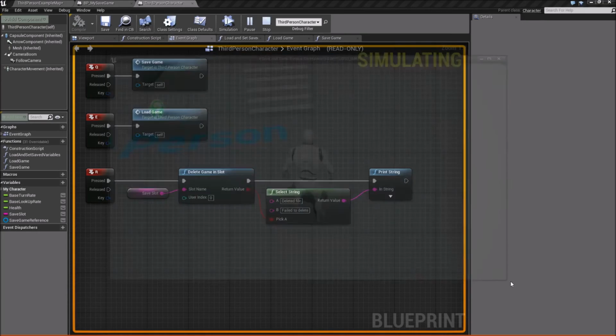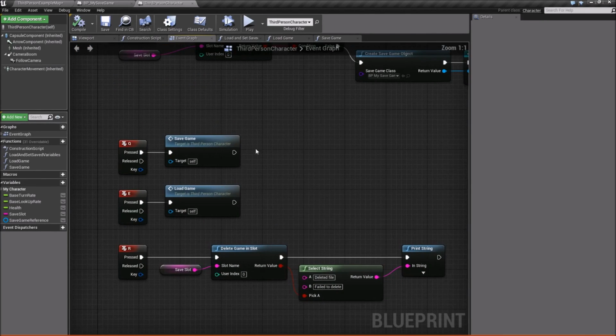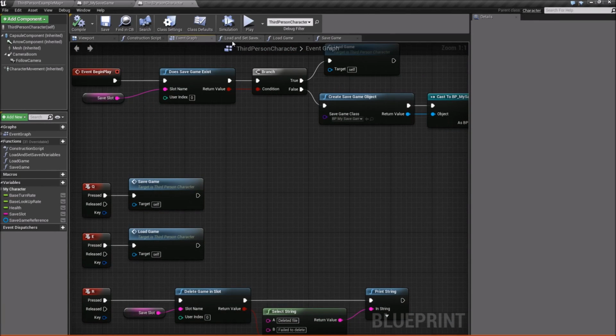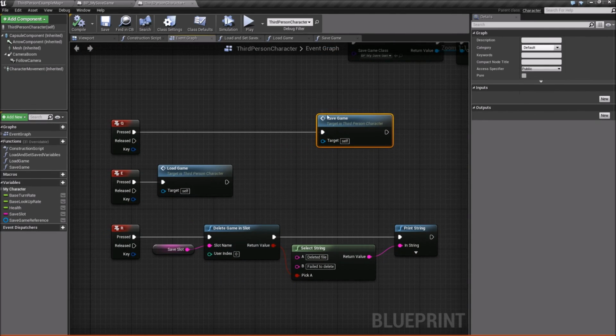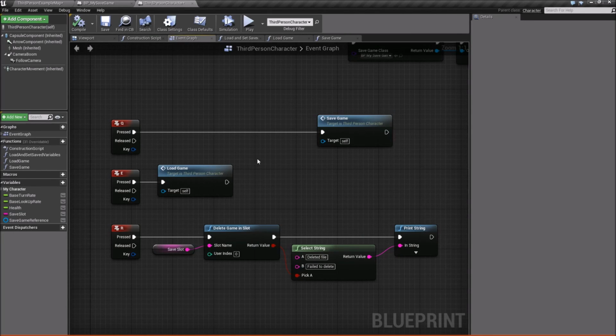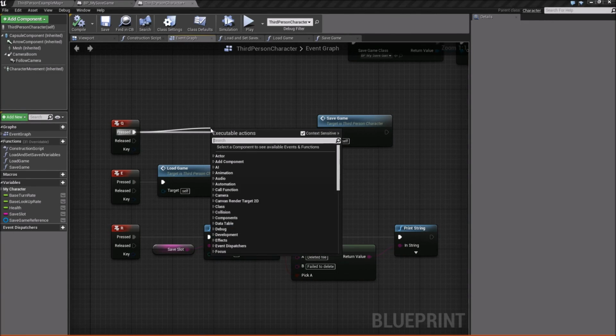Okay. So now to address that kind of issue that we had where we were in the air and we just fell, right? Whenever you save a game in the air, whether or not you're calculating velocity or not, when you close the game and then restart it, at least for me, I always experience this thing where he's just stuck in the air and he falls weird. So what you can do is add some little branching node here to check if certain conditions are met before you can save. So we'll do a branch,